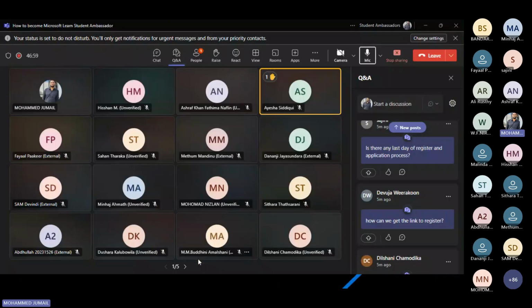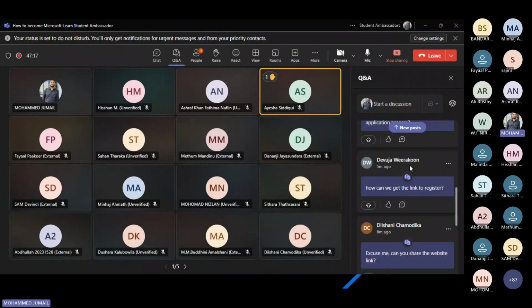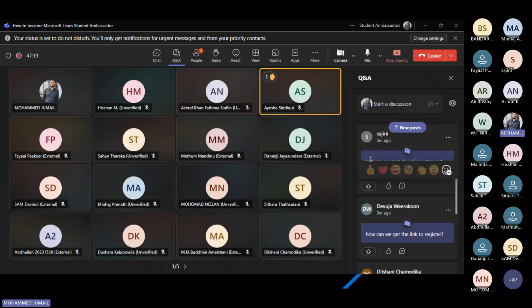You can see them through the handbook. You can apply every day. There is no set procedure for the registration process.